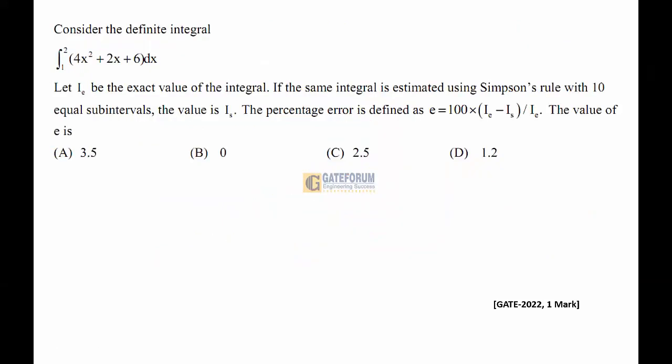The question is, consider the definite integral from 1 to 2 of 4x squared plus 2x plus 6 dx. Let IE be the exact value of the integral. If the same integral is estimated using Simpson's rule with 10 equal subintervals, the value is IS. The percentage error is defined as E is equal to 100 into (IE minus IS) by IE. The value of E is